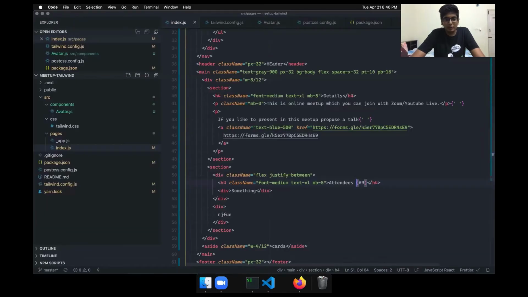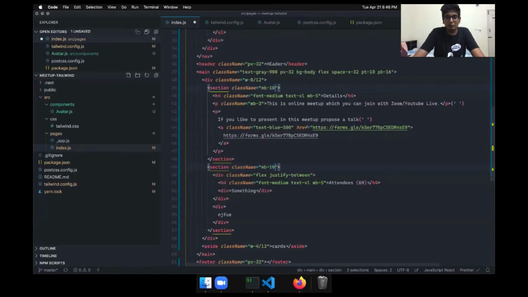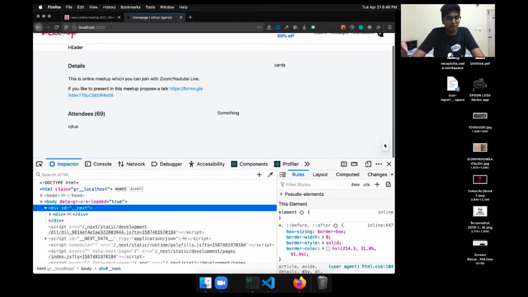So we can say that in the section there should be an MB of, and as I told you, there's MB5 between the heading and the paragraph. So the two sections should have more margin than that. So let's do MB8. And I think more can be done. So let's do MB10. Yeah, so this looks nice.